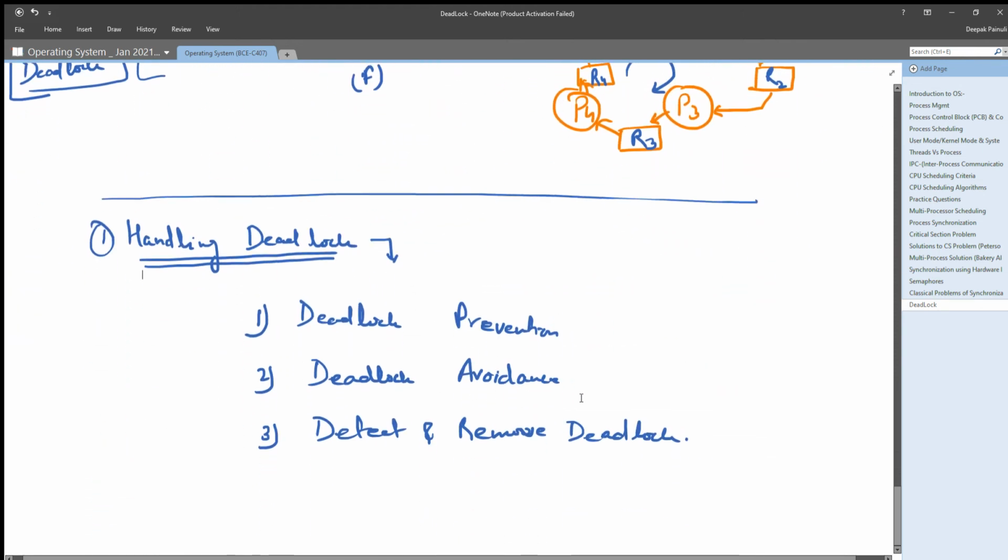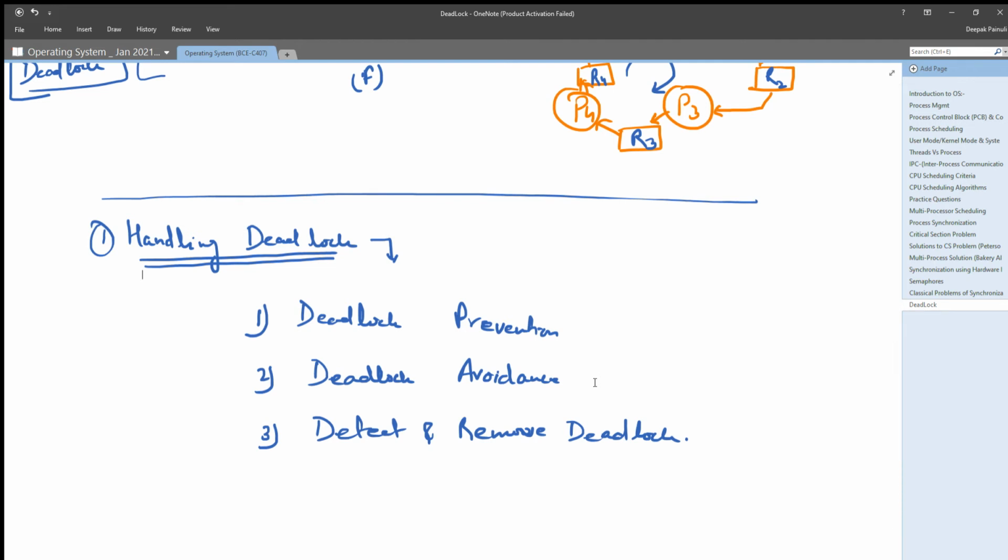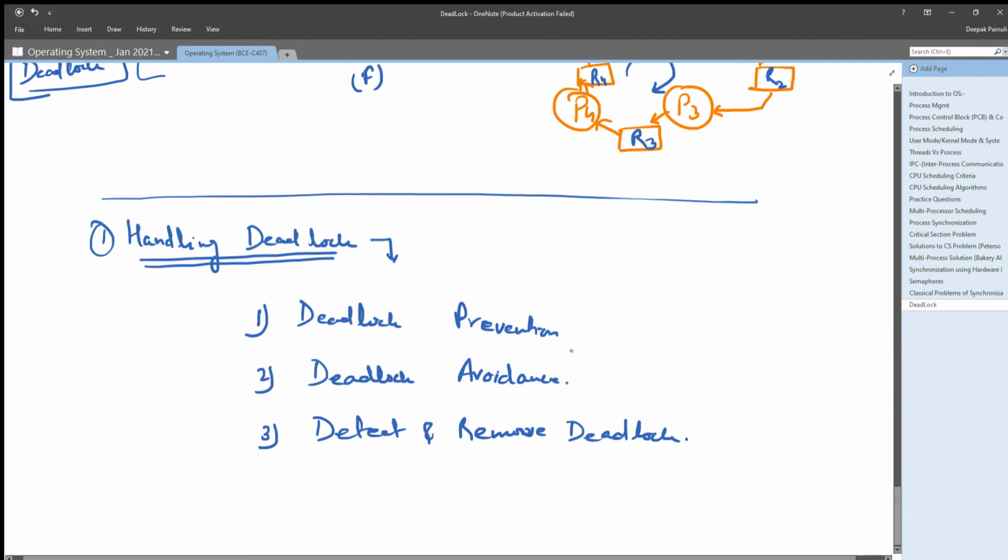But in avoidance, we assume that we can avoid deadlock only in one condition: when we know that there are n number of processes and the n square demand of those processes in advance. If we know the demands of upcoming processes in the system in advance, then only can we try to